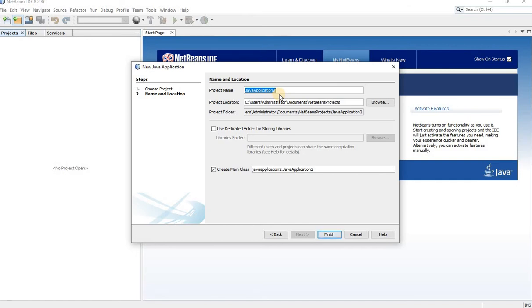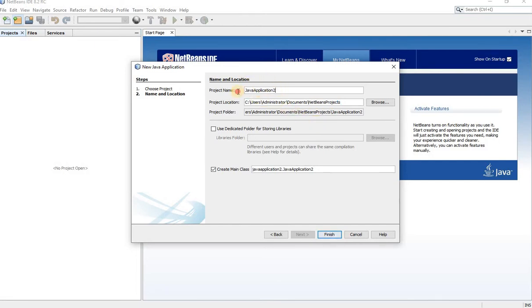The project location is C, users, administrator, documents, NetBeans projects. The projects whatever you create will be saved into this folder. You can go to that folder, take the files and even run them on another system.